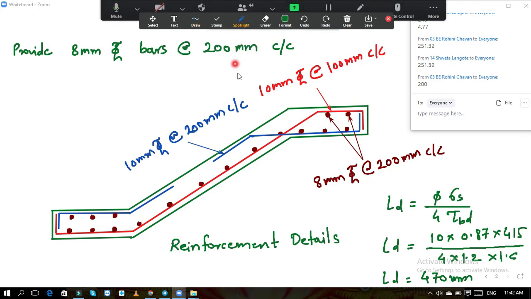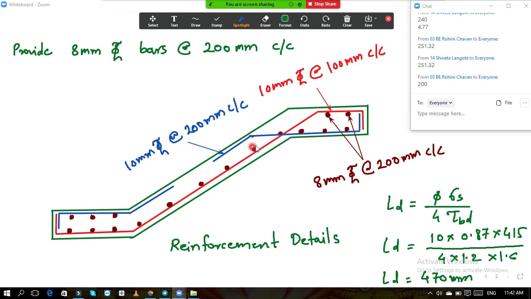In the previous example, by mistake what we have done, this bar which is coming from this side, we bent over here only, over this distribution steel. Okay, so it should not be bent over here, it should move straight away and it will bend at this point here. Okay, and this bar, how did we show it? So this bar from this point we bent it over here up to the distribution steel. So it will not bend below, it will move in this way. Okay, so these two are the corrections in the bending of bar. Rest of the things are same. So make these corrections. Okay, this is the very important point.